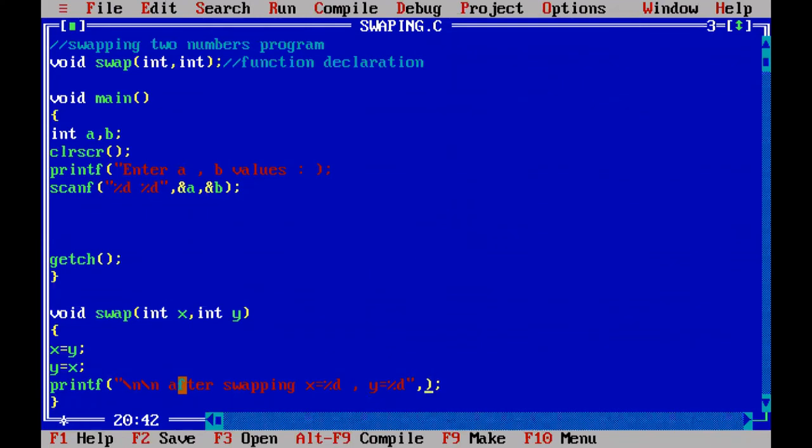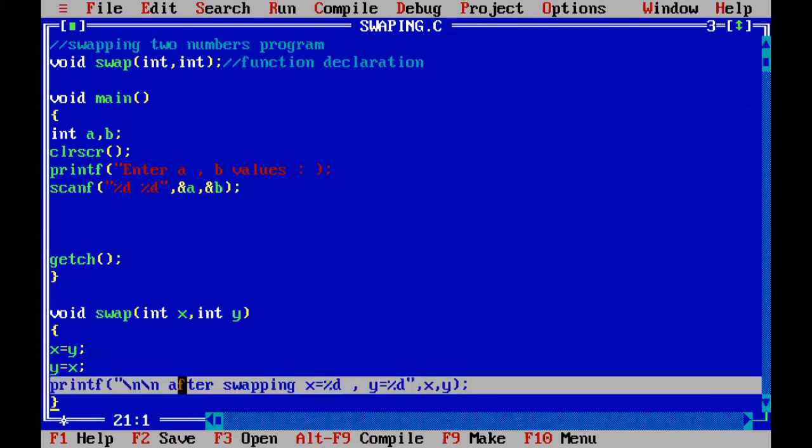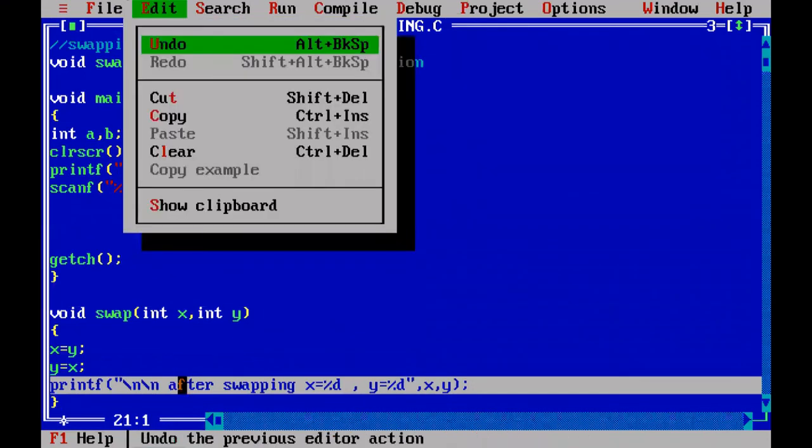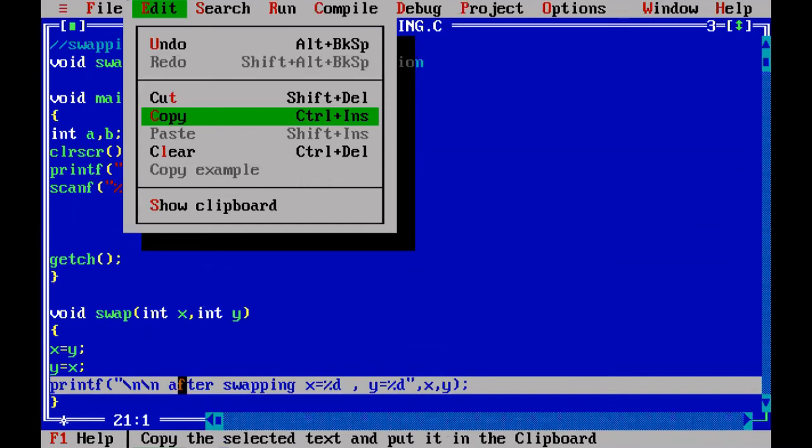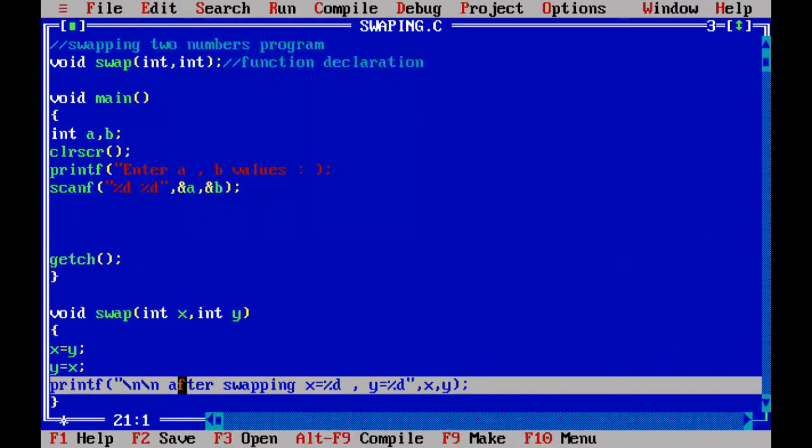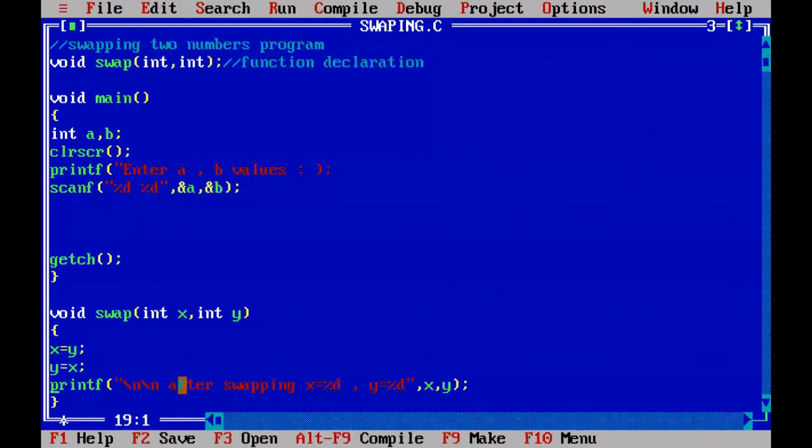Replace x with x value, y with y value, and copy the same statement. After printing the x comma y values after swapping, before swapping also you print once because you want to know the difference between x and y values before swapping and after swapping.